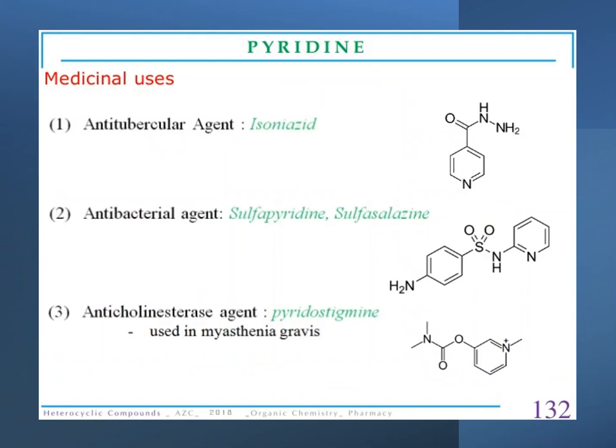So these are some of the medicinal uses of some other drugs, sulfapyridine, which I have mentioned. Anticholinesterase pyridostigmine, which is used in myasthenia gravis,